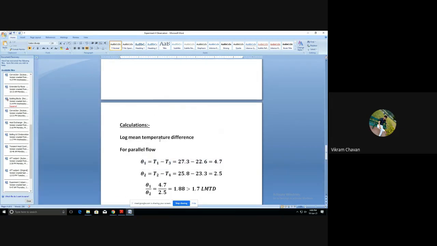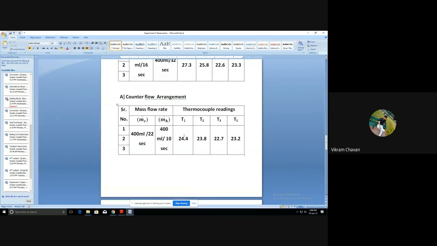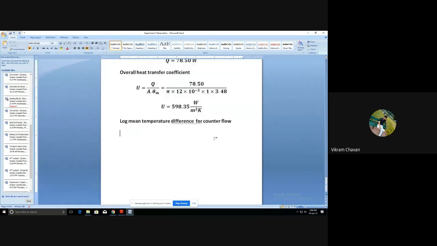So in that case, theta 1 will be considered as T1 minus T5, that is, inlet temperature of the hot fluid minus outlet temperature of the cold fluid. And T2 minus T3 will be considered as theta 2 in case of a counter flow heat exchanger. So once again,